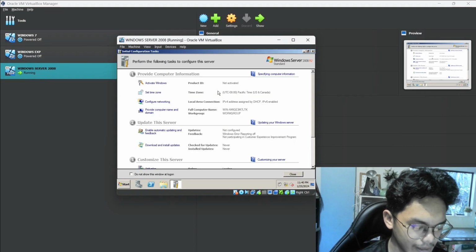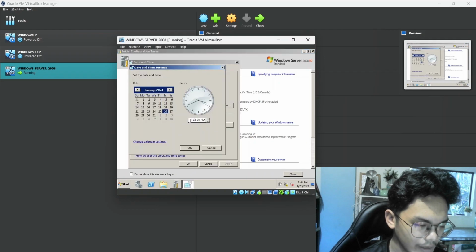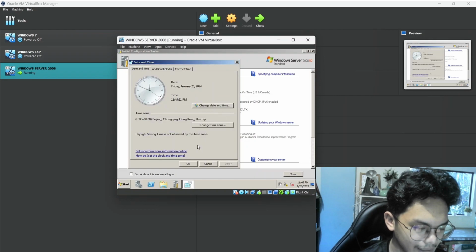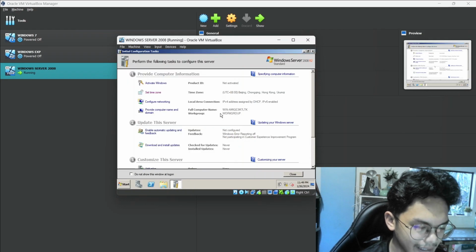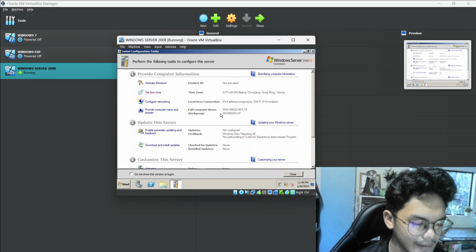So when this window pops up, we will now set the time zone for the operating system. So click set time zone and set the time. After setting the time, we will set the date and time. So we'll choose Beijing. So after setting the time zone for the operating system,